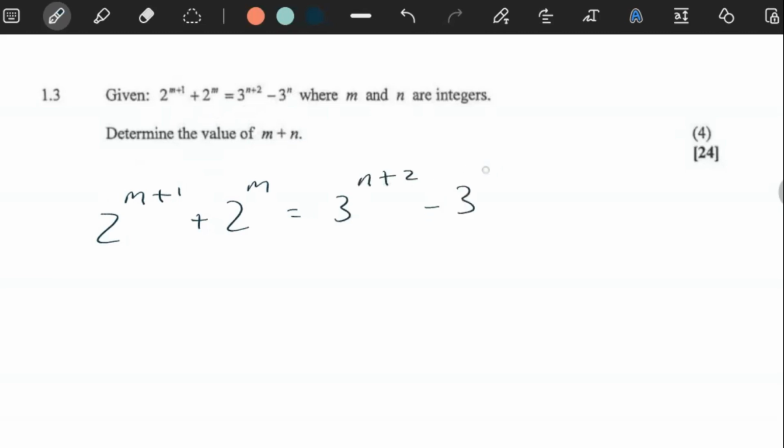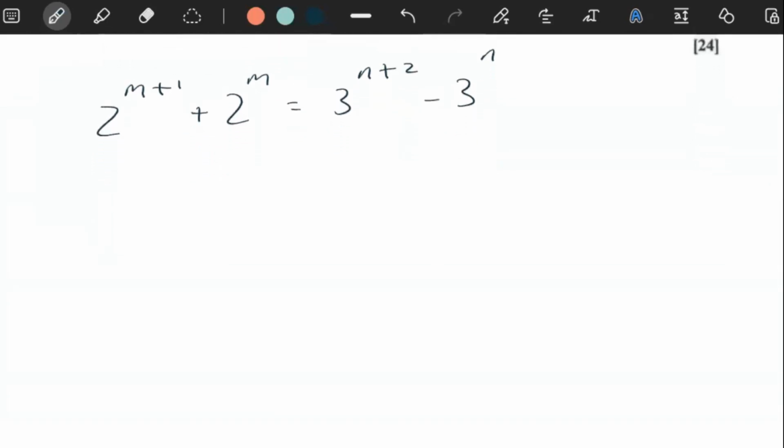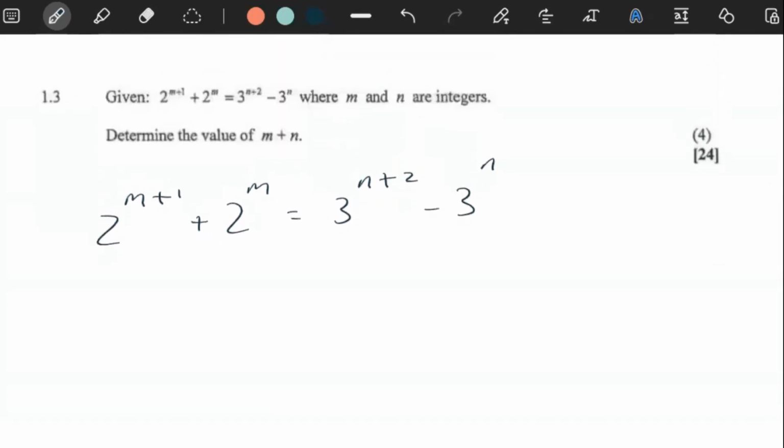So you may be thinking, okay, where do you start? Normally, in terms of these kinds of questions, you need to have gone through similar questions so that you have an idea of how to start. So in my mind right now, I'm thinking to myself, let me look for things that are common. So for example, these both have a base of 3. Of 2. These both have a base of 3. Now, what we do know is if your bases are the same and you are adding,